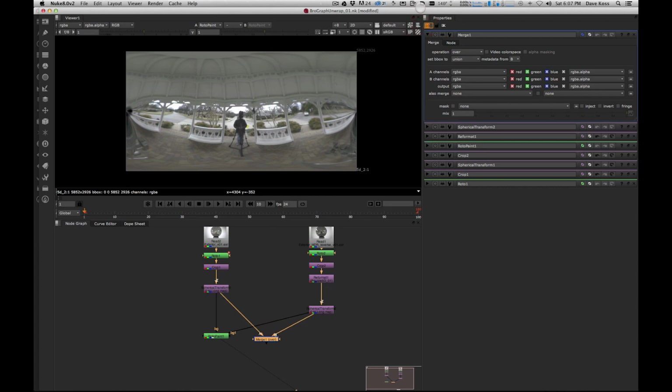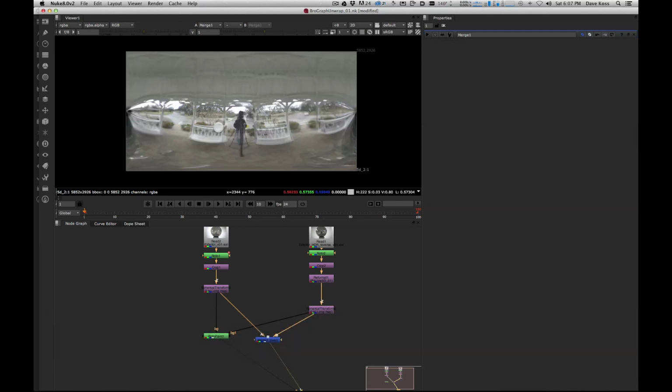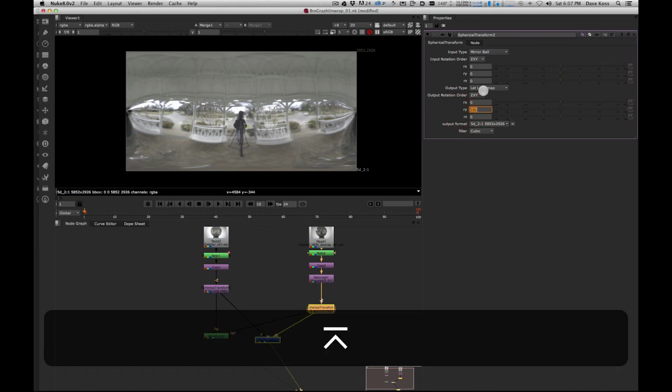And I'm just going to lower the transparency. Actually, I don't know why this is set to 10. I want it at 1. One of our default settings. I've set my mix down a little bit. Now you can see them on top of each other. So what I want to do is find a feature here and line these up. In the spherical transform node itself, I have options to rotate. So if I jump into the Y and rotate this 180 degrees,